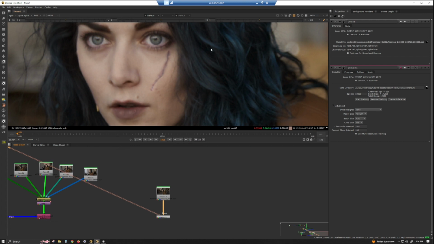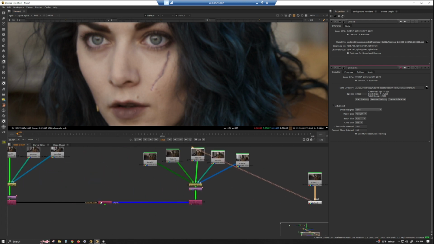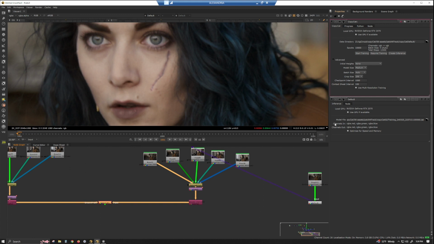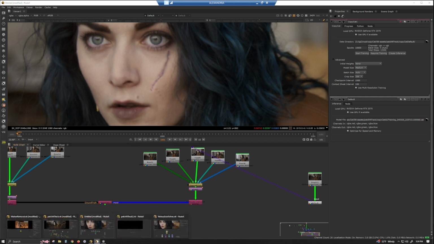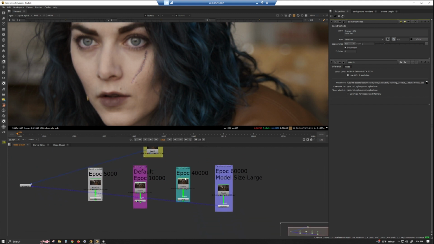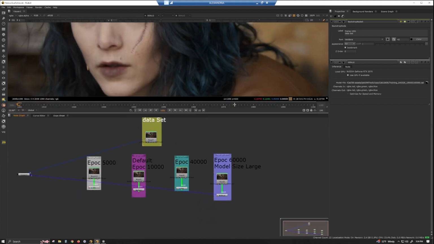Now, knowing all this information, let's come back here. What do we do with it? How do we get better results? Well, the first thing I would do is switch this to large, knowing that this is a beauty thing. But not knowing this is a beauty thing, the first thing I would do is start bumping this up. Now, I'm not going to do it here because it does take a while to compute. But I already did it before, and I'm sending you this file here,